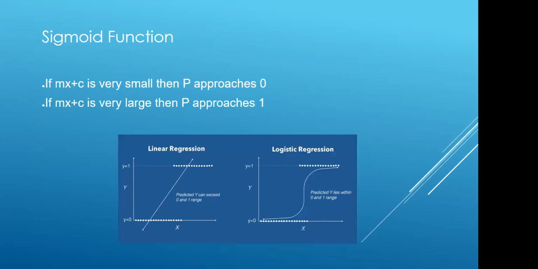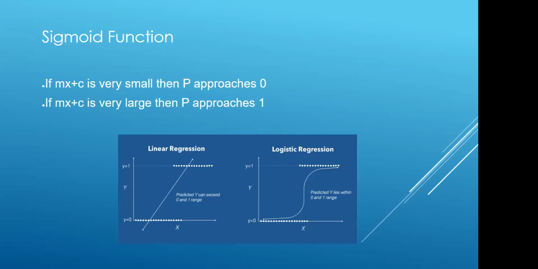And like I said before, it uses the same thing, mx plus c, for the linear line. It uses a sigmoid function to make this line a curve. You can see this, so it varies in the range from 0 to 1. Here y is the threshold value. Greater than the threshold value is called y equal to 1, class 1, and less than this it will be predicted as class 0.